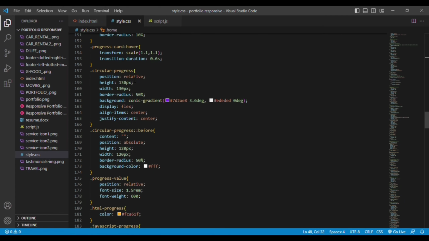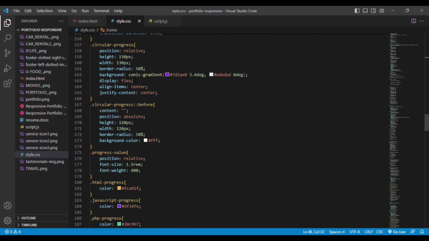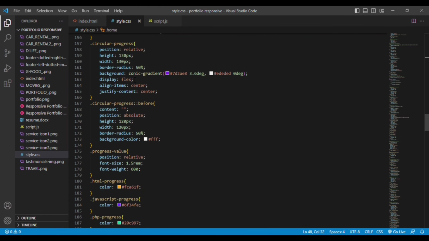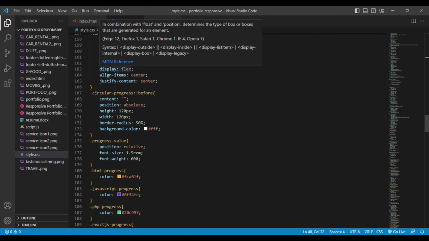Align, justify, display flex. The reason we are using display flex here is because we have 4 skills: HTML, CSS, JavaScript and CSS. So to keep them all in one form, we are using display flex, one after the other. By using display flex, we don't have to mention it again. In the mobile version, when the size reduces, all the 4 skills will form one after the other. When the size of the website increases, moving from the mobile version to the desktop version,